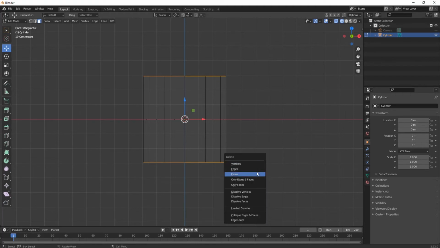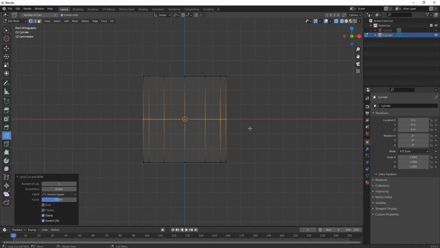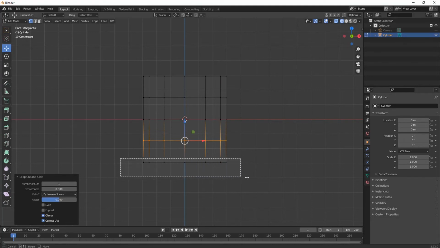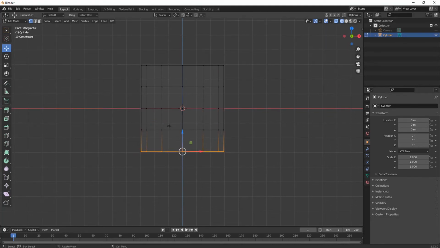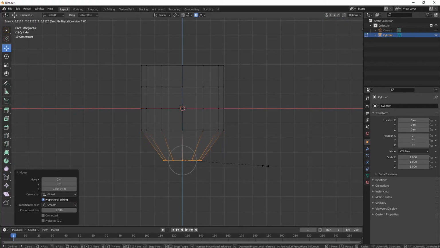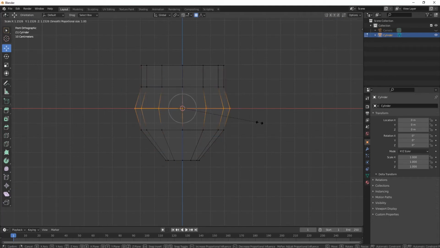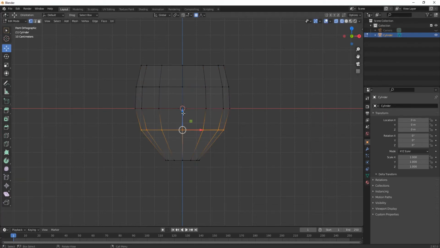So now delete this upper and lower face and then add loop cuts over here. You can add as much as you require. So this will be our basic shape of our glass model. You can take a reference image from Google, or you can make it by your own choice. Just try to refine it properly